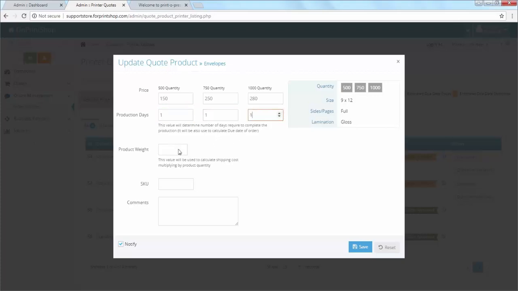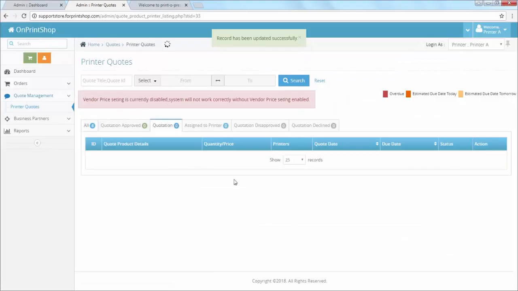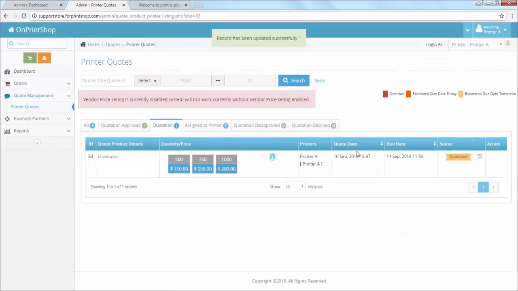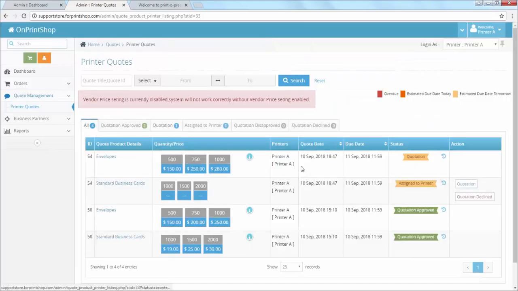I can put down my production days, product weight as well, and SKU numbers and other comments and everything I can put here, and I can see those product details as well. So I will save this one. I have given quotation for this particular product. Now if I go back